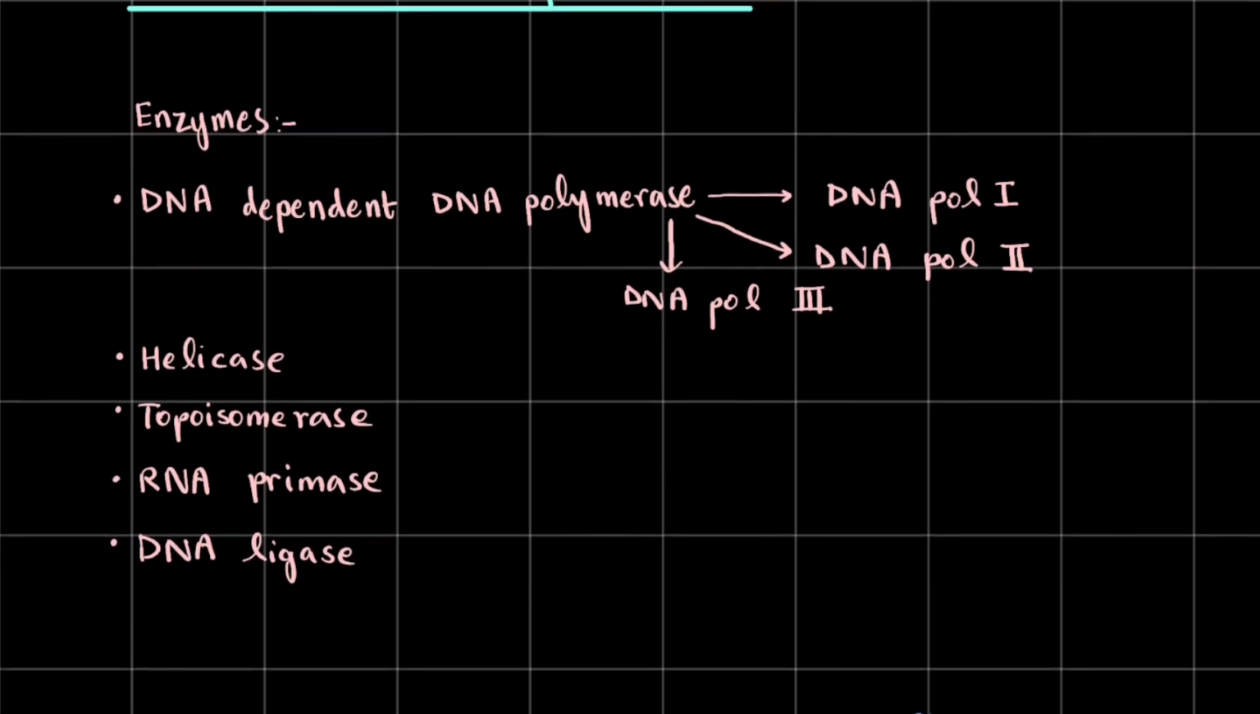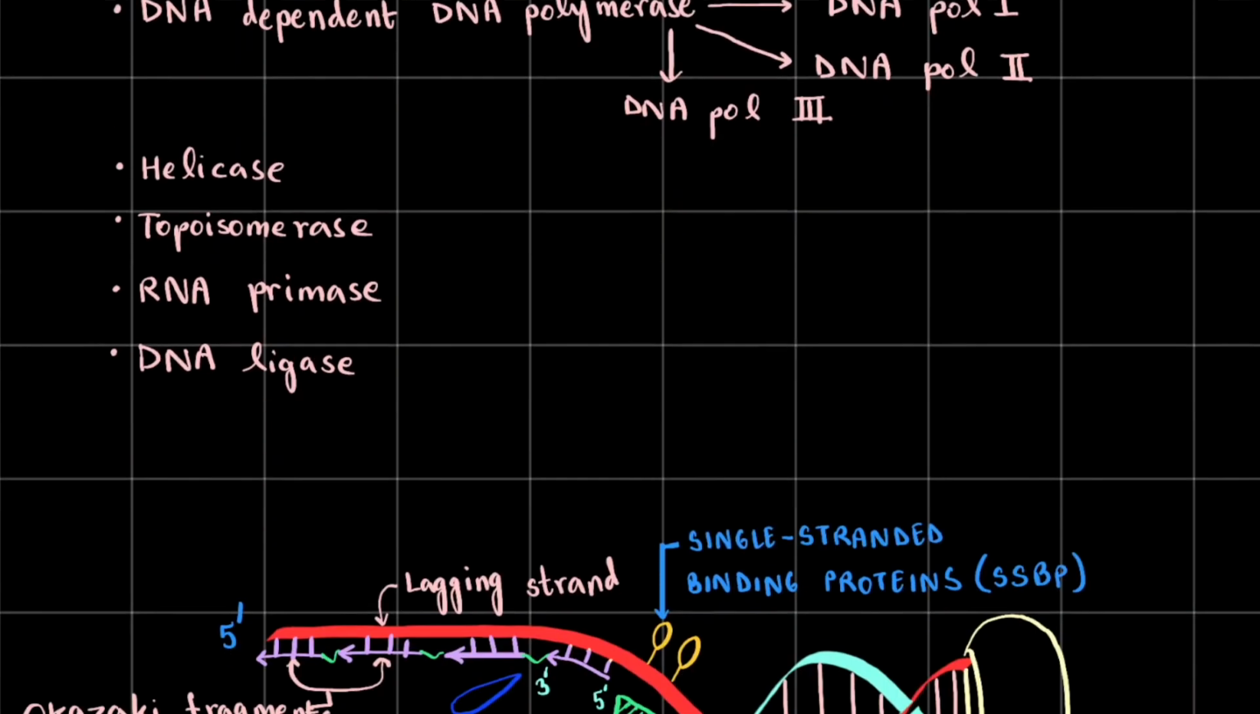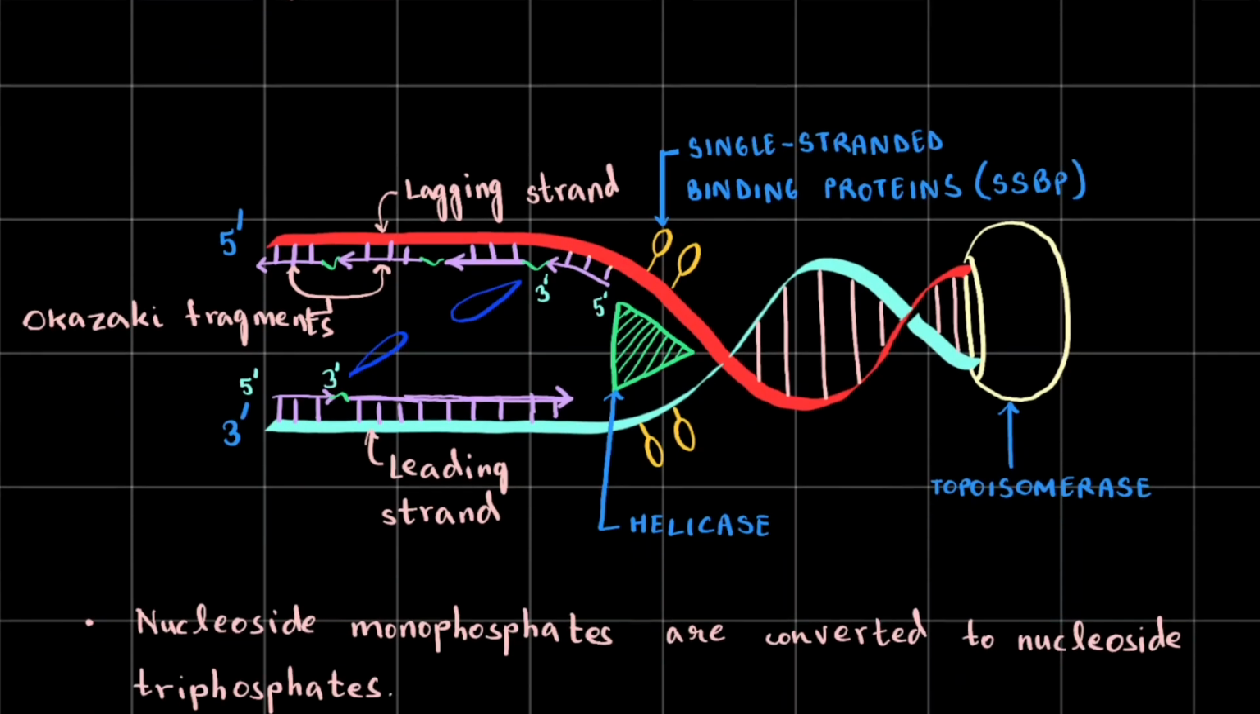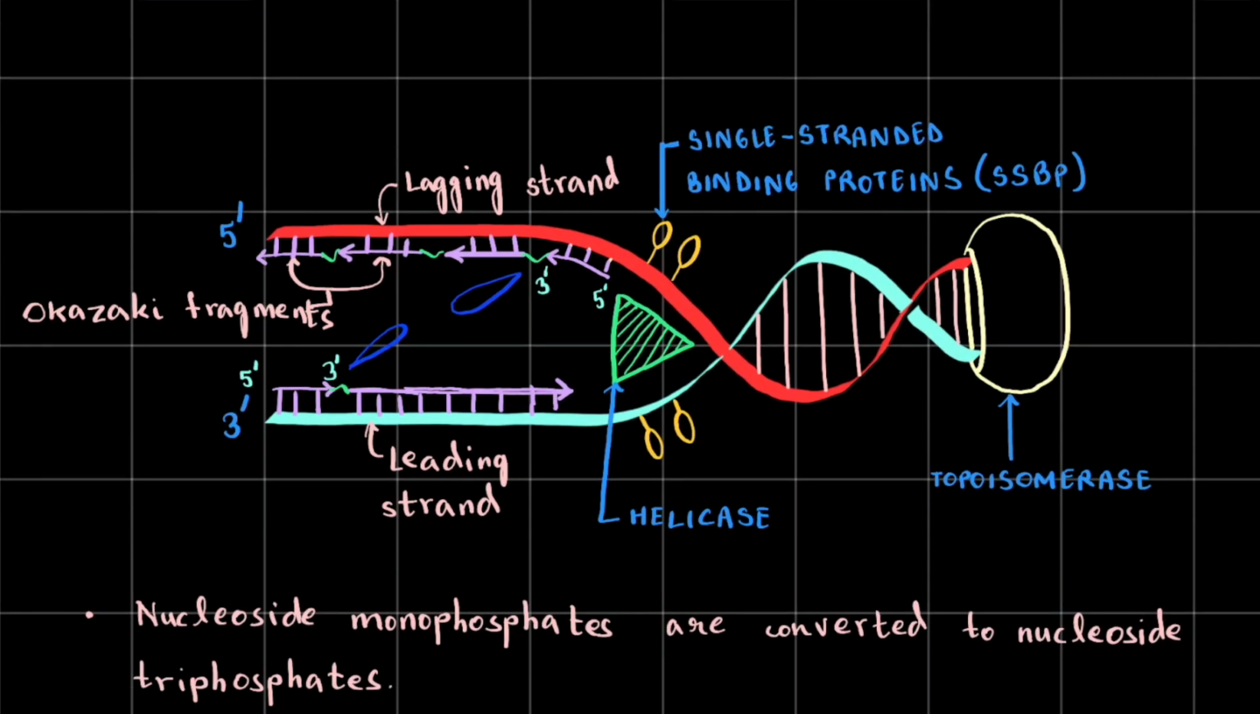But DNA Pol 2, what does it do? DNA Pol 2 hasn't come up anywhere in this entire process, right? What does DNA Pol 2 do? Well, DNA Pol 2 is the enzyme that is involved in the proofreading process. Now, what is proofreading? Now, suppose you have polymerized a lot of DNA,